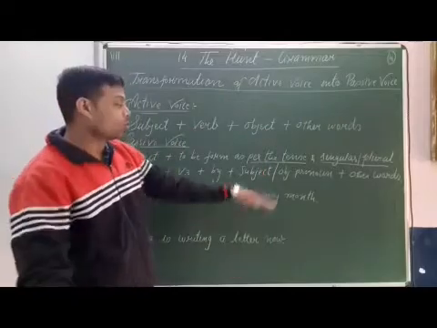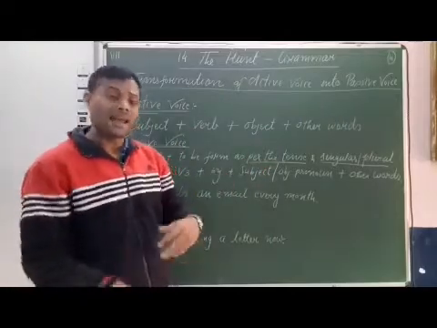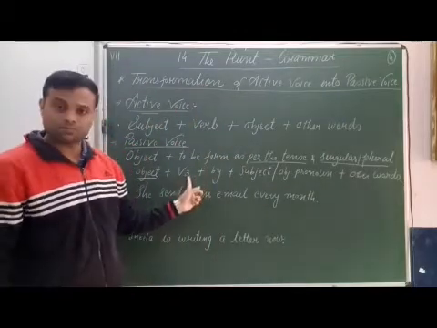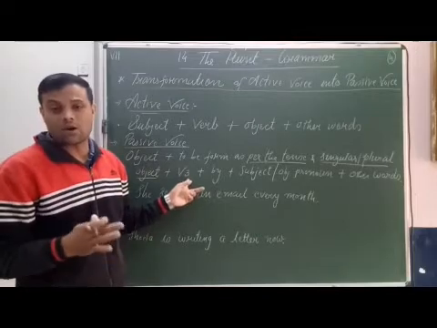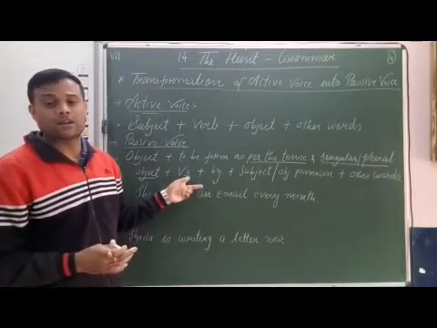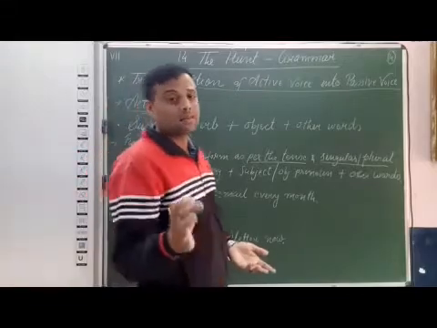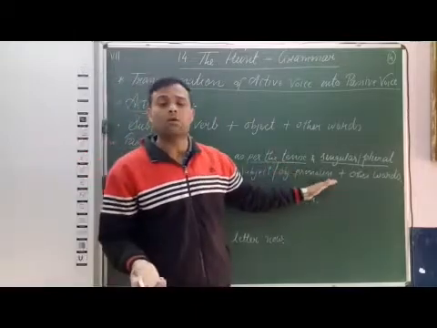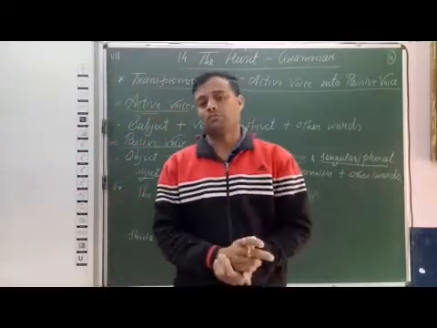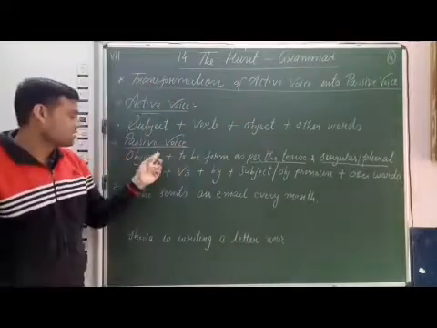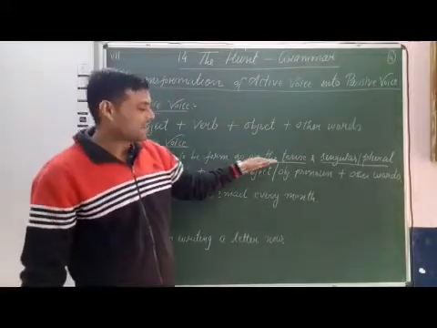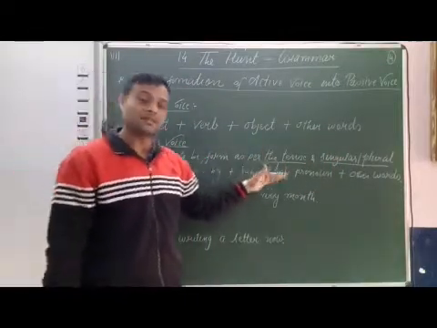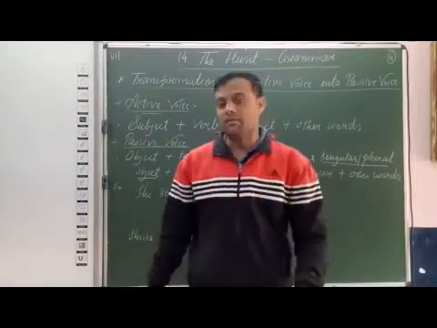So first we have to use object in passive voice. After object we have to use to be form as per the tense and singular or plural object. Then V3. As we know, in passive voice we always use to be form and V3. After V3, by. Then subject, and if subject is pronoun, then we have to use object pronoun, then other words and full stop. So passive voice sentence structure: object, to be form as per the tense and singular plural object, then V3, then by, then subject or object pronoun, then other words.